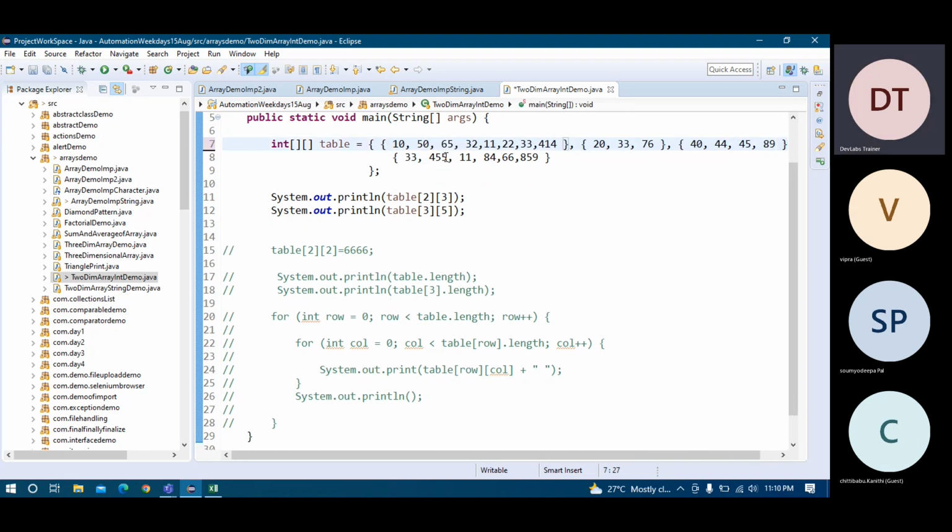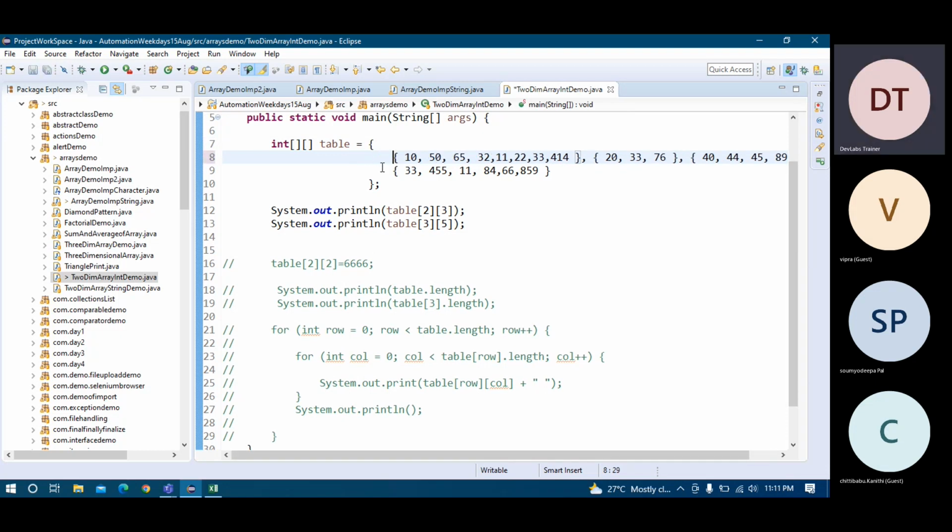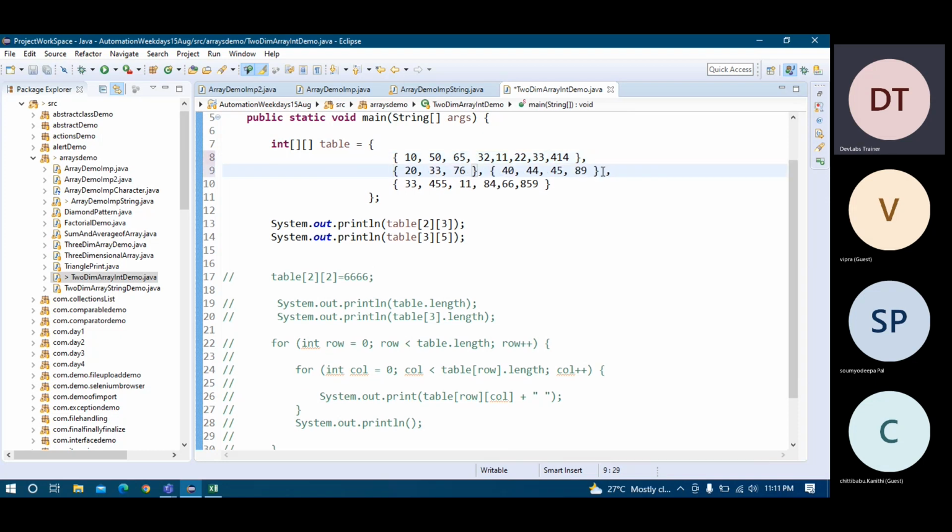Okay, so that you will understand how you're going to design. If I write it like this, you will get confused, right? What is the row and what is the column? That's why I have broken it into multiple lines. This is something like the symbol of an array, so you can just ignore that. That is the outer array box. It means it is just starting, and in each box we have multiple rows and multiple columns.